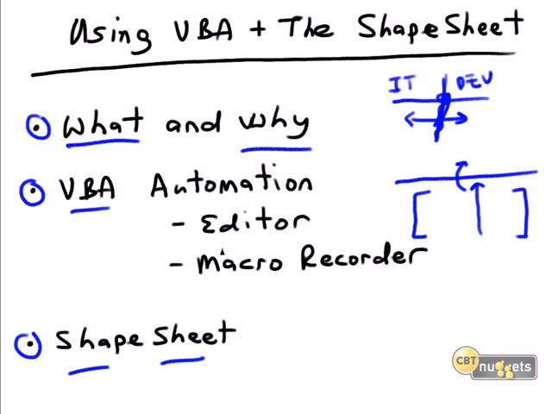Believe me, it is. So by the end of this nugget, I think you'll have a really good appreciation of the two main methods by which we extend Visio to render automation, in other words, shorten our procedures and our workflows, and also to create what are called Visio solutions, where we're using VBA in the Shapesheet to extend the application so that it can do things that it was not able to do out of the box. I think this is some really exciting stuff, and I hope you'll agree.